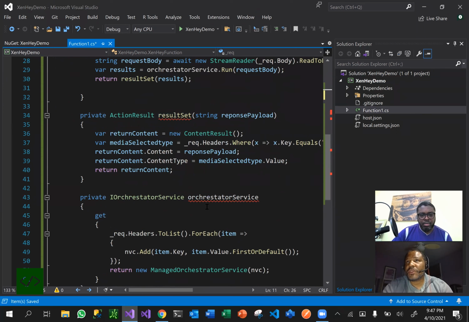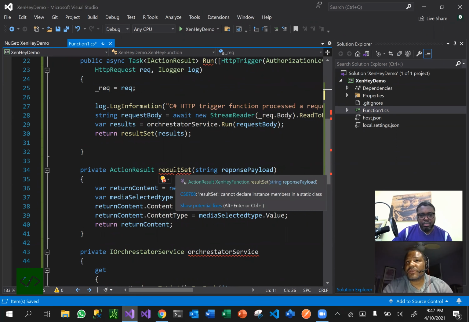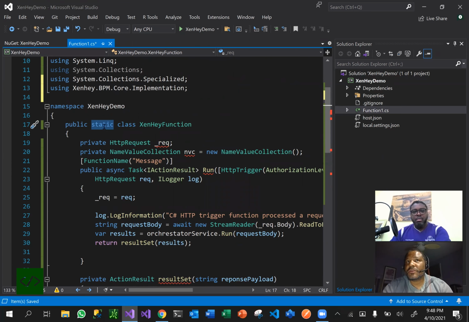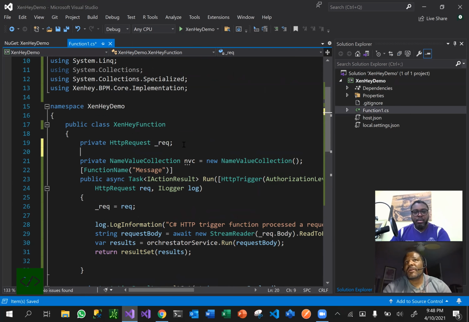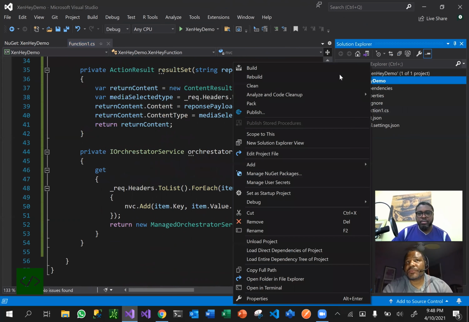So everything should build. What else is left? Oh, that should work. Oh yeah, it's static. Okay, so you should be good to go now. So if you do rebuild,